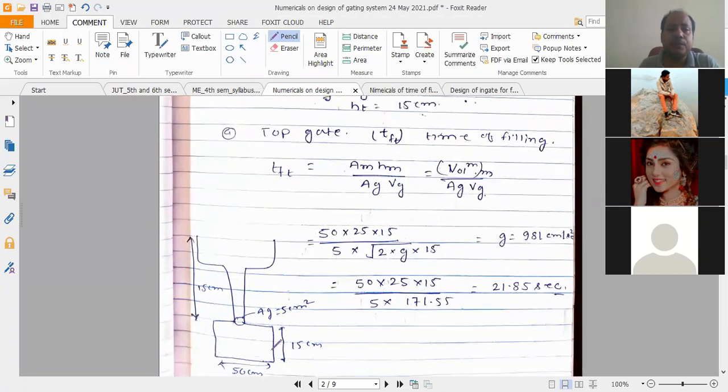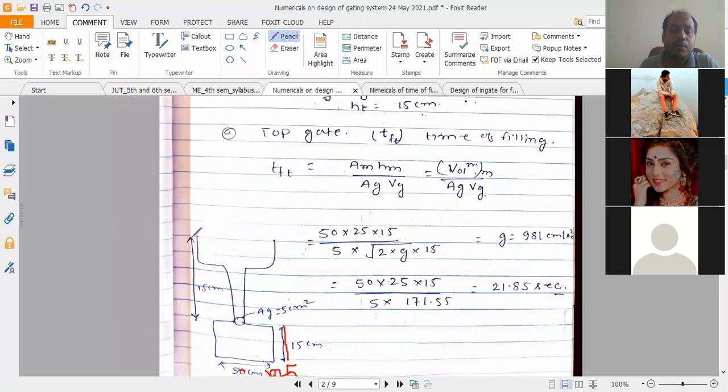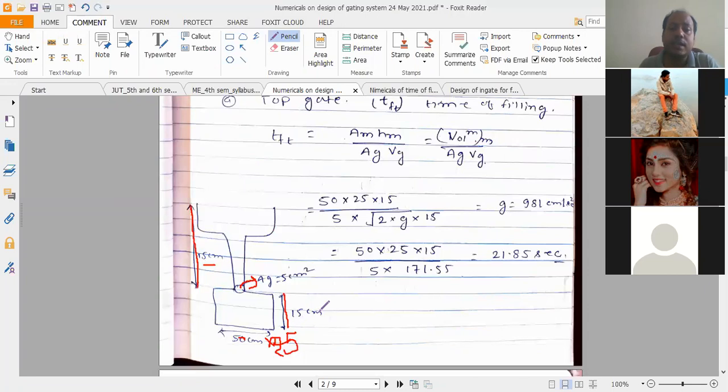The first is the dimension of the mold is 50 centimeter into 25 centimeter, the length and width. Then height of the mold is 15 centimeter. The total height from the pouring basin to the end point of the gate is 15 centimeter. The area of the gate is 5 centimeter square. Then first condition, the condition 1, it is the top gate. So top gate का फिगर ऐसे बनेगा।